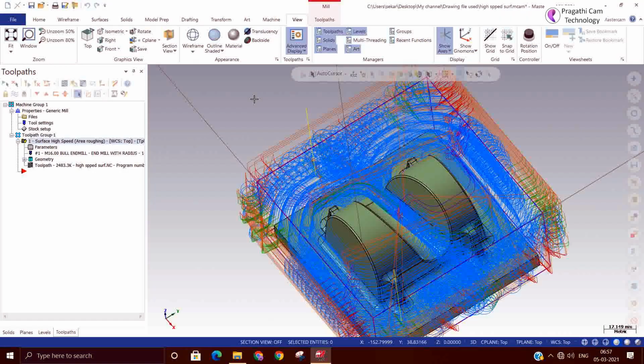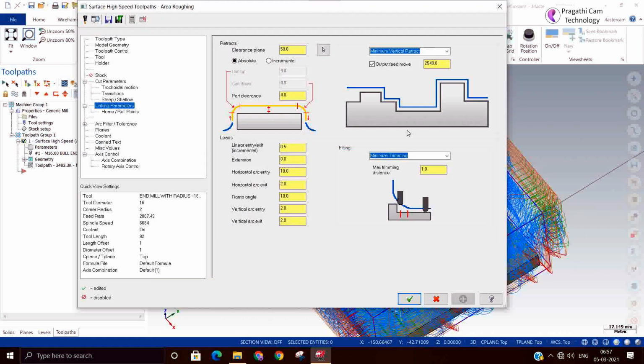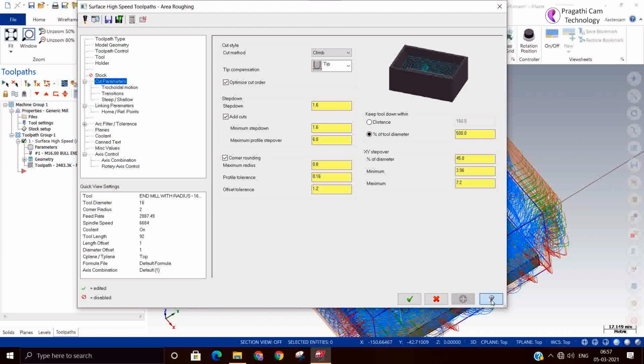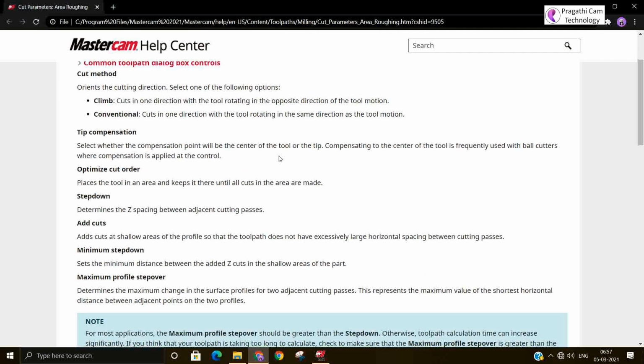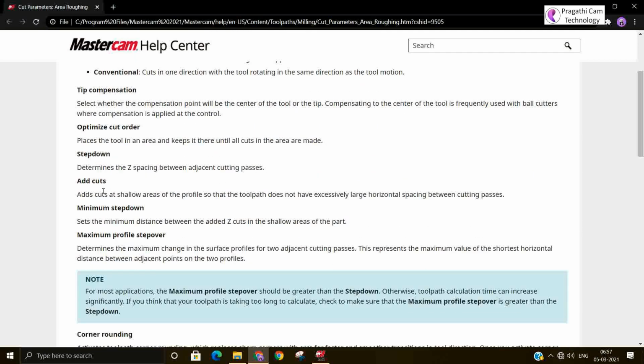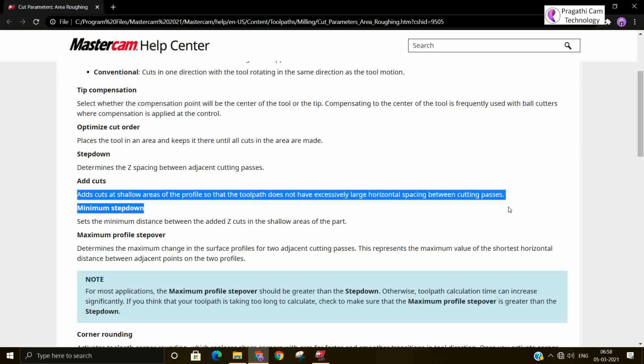Now you can see the parameters. You can read the parameter definitions, add cuts. It will add the additional cut in the shallow area and profile. It will add the additional cuts at the shallow areas.